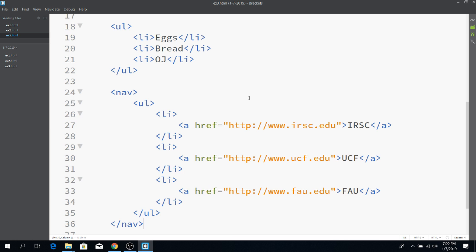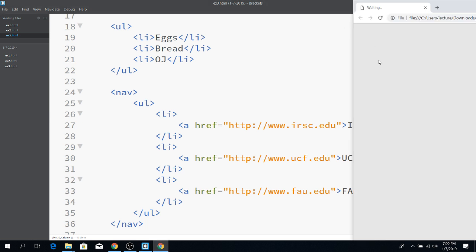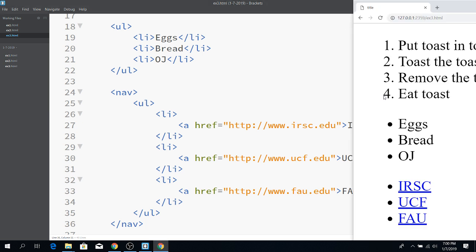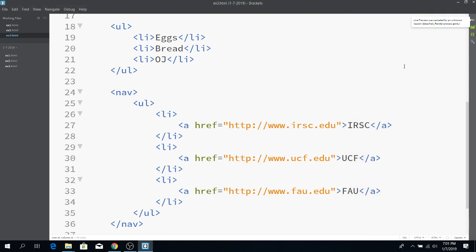The nav isn't going to give us any sort of visual advantage. Any advantage that we get from using this nav tag is purely about the structure. Remember we talked about that earlier? It looks exactly the same. But the advantage is